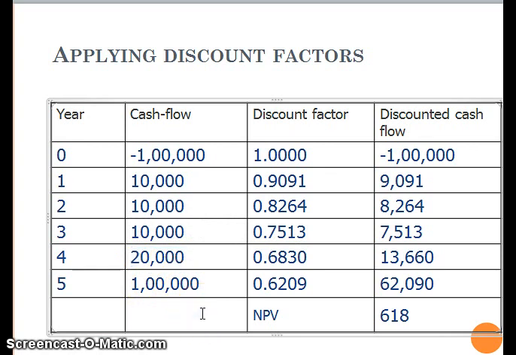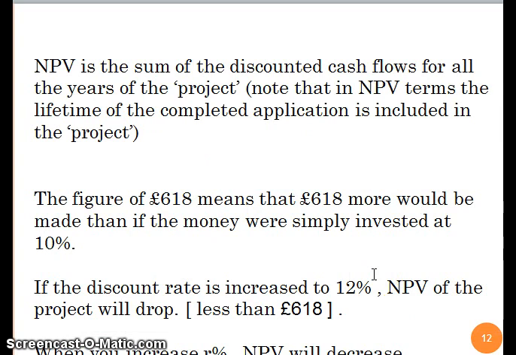So that is what the money is worth now, that is, the present values. You need to calculate the present values of all the future values. And since it is net present value, you need to sum up all the present values and you will get a net present value. Net present value should always be a positive value. Only then can the company get a profit, which means the company's value will be increased when you take up this particular project. So NPV is the sum of the discounted cash flows for all the years of the project.